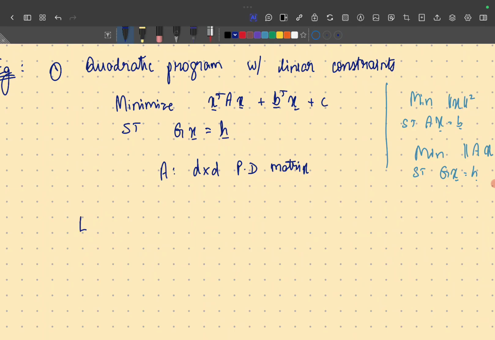So as always, the first step is to construct the Lagrangian. Let's write down what the Lagrangian looks like. So it is L of x. I have only equality constraints in this case. How many equality constraints do I have? Yeah, depending on the number of rows of G, or the length of h, let's say that G is